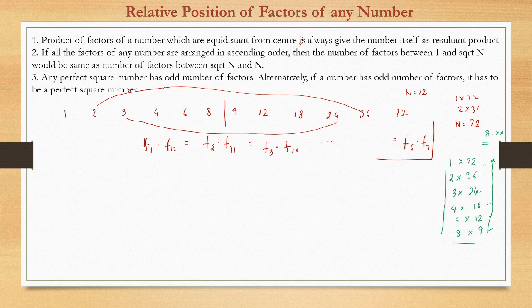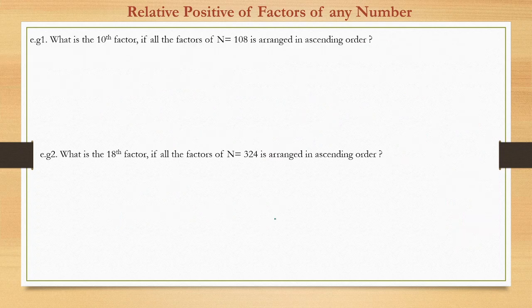And any perfect square number has an odd number of factors. So this we already have seen. Say 36, we can write 2 square into 3 square. So the number of factors we know is, what? 2 power is 2, so 2 plus 1, and again here also power is 2, so 2 plus 1. So this becomes 9. So this is an odd number of factors. So similarly, if we happen to get an odd number of factors, then that number certainly has to be a perfect square. So this is also simple, which we have seen earlier. So now, basis this concept, we will see some examples and then wrap up this session.